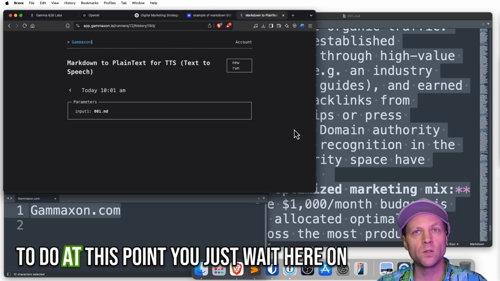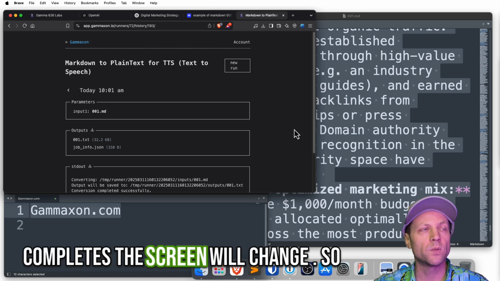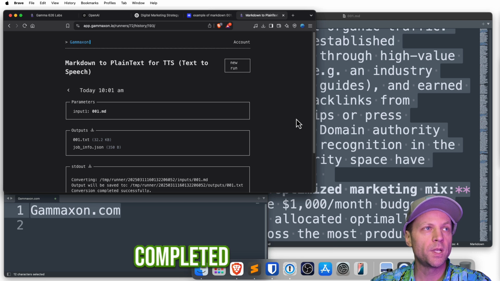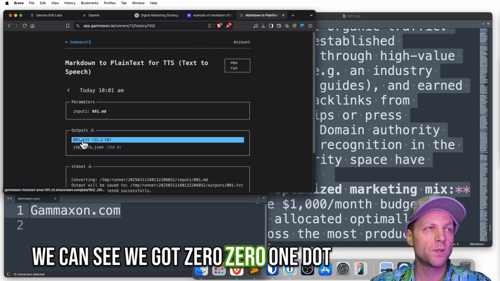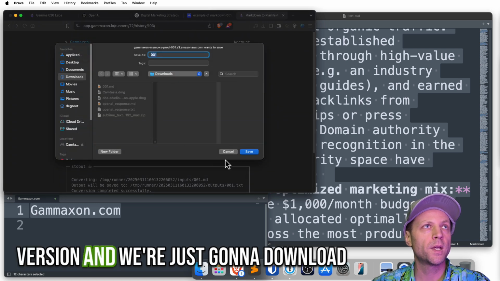There's really nothing you need to do at this point. You just wait here on the screen, and when the script completes, the screen will change. So now we can see that the script has completed. We can see we got 001.text back, so that is the plain text version, and we're just going to download